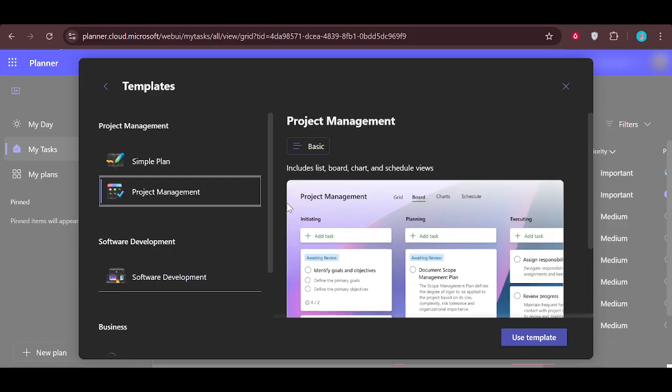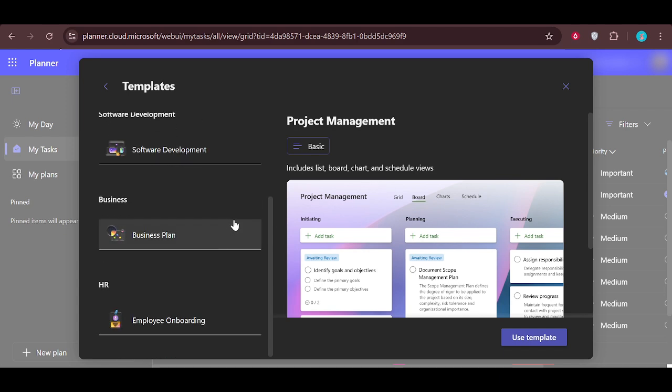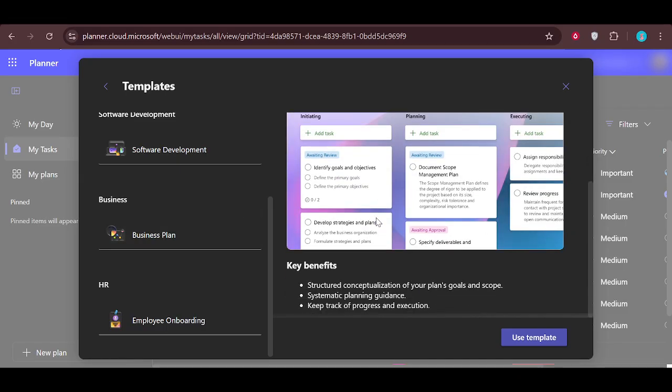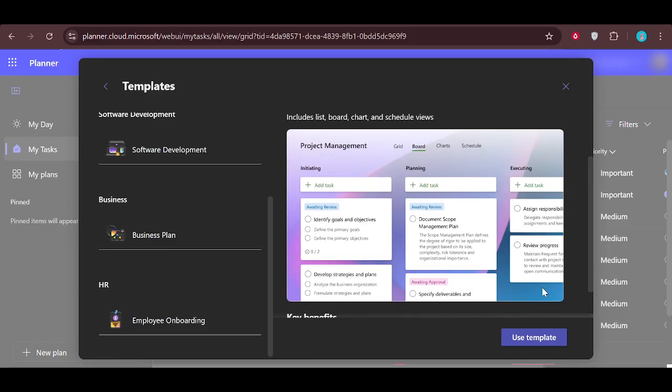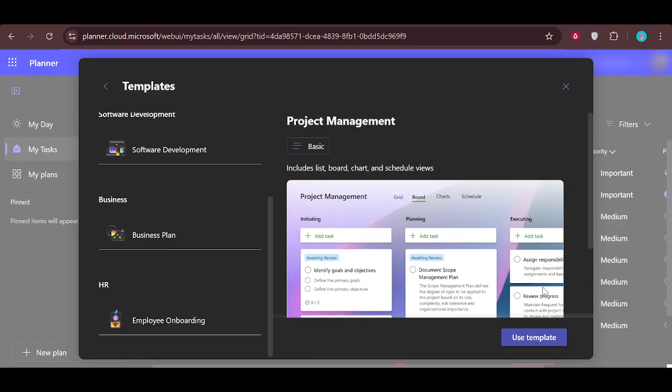Since we want to build a Microsoft project-style schedule from scratch, locate the template called Schedule. Select the Schedule template from the templates available. By choosing this template, you're telling Planner that you want your plan to be time-based and structured around due dates, timelines, and milestones rather than just a loose collection of tasks. This gives you a framework that's much closer to a traditional project schedule, making it easier to track progress over